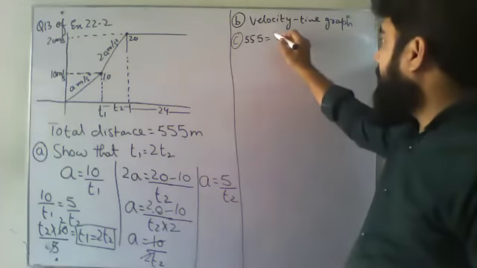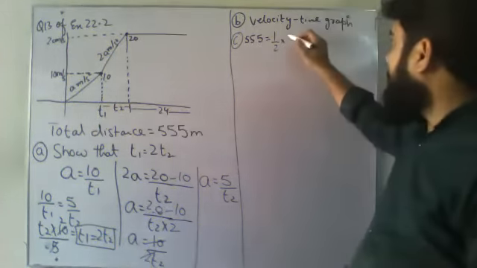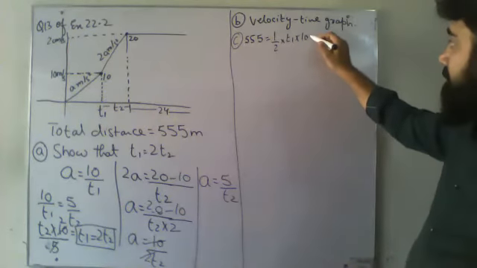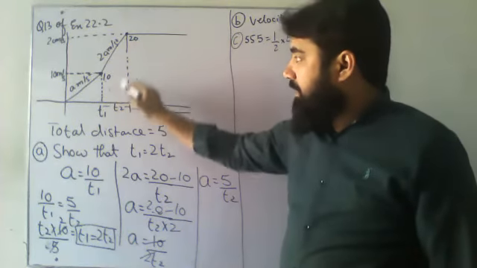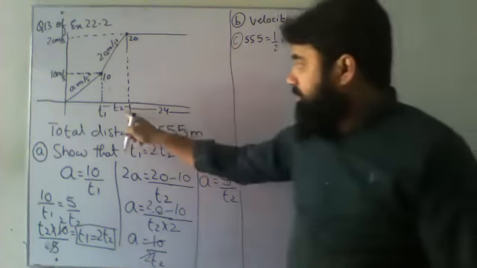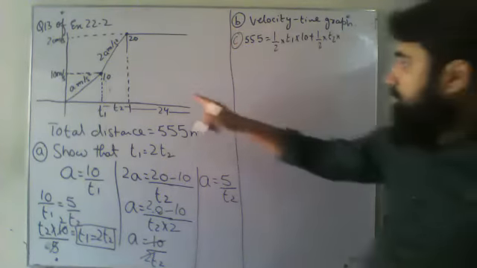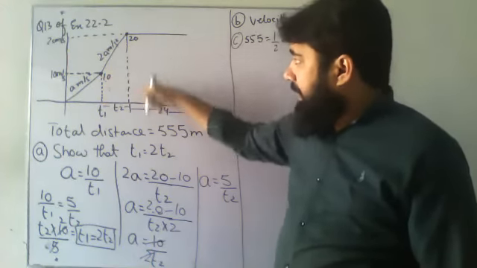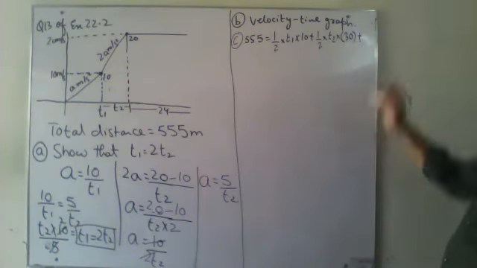This one will be half into base is T1 and height is 10 plus this one. It's a trapezium over here. So how will I take this one? Half into base T2 into sum of parallel sides. So that is 10 and that is 20. This will become 30 plus